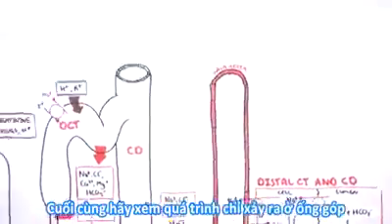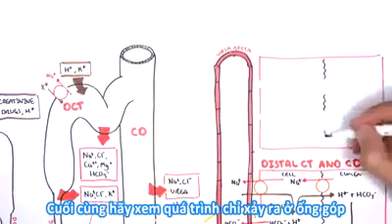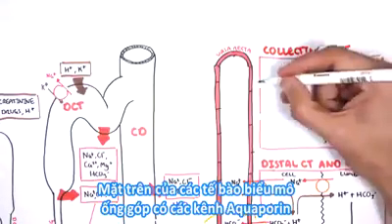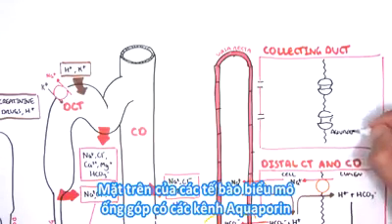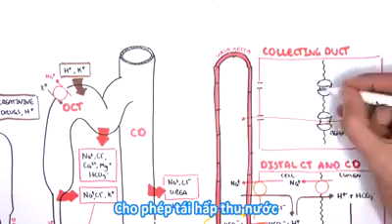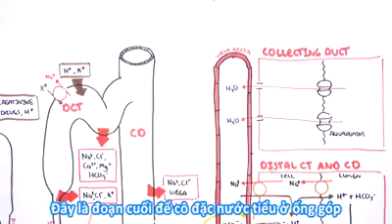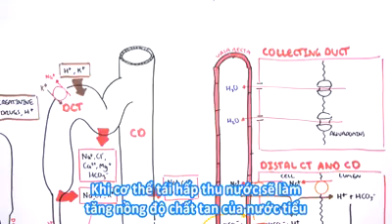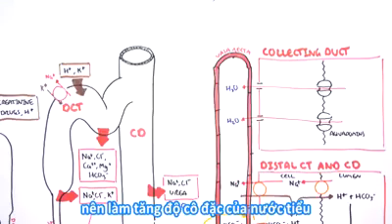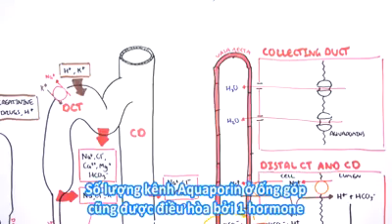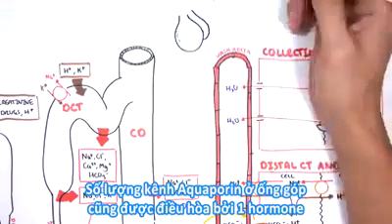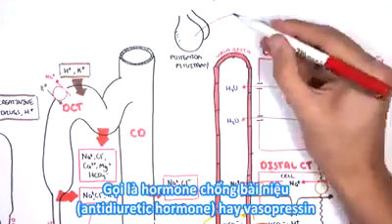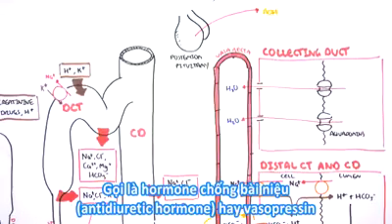Finally, let us focus on what happens only in the collecting ducts. The apical surface of the cells lining the collecting ducts have special channels called aquaporins, which allow for reabsorption of water. This is the final concentrating area for urine, which occurs in the collecting duct. When the body reabsorbs water, it will increase the osmolality of urine, so it will increase the solute concentration in urine. The number of aquaporins in the collecting duct is controlled also by a hormone, and this hormone is called antidiuretic hormone, also known as vasopressin.